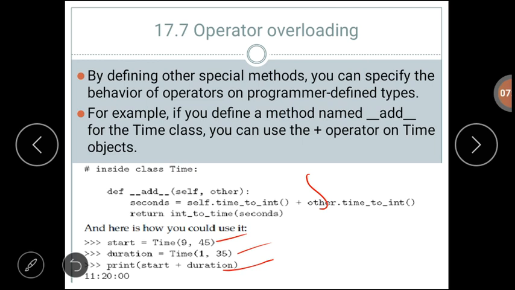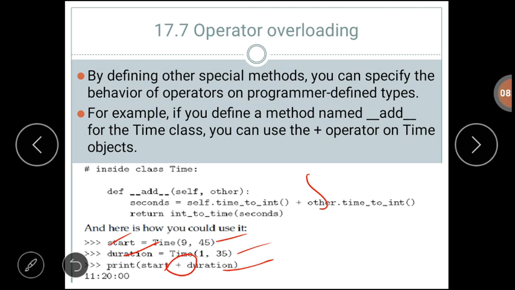It will add the time value of the start object and the time value of the duration object. Start and duration are 2 objects created for the time class, using the operator plus.